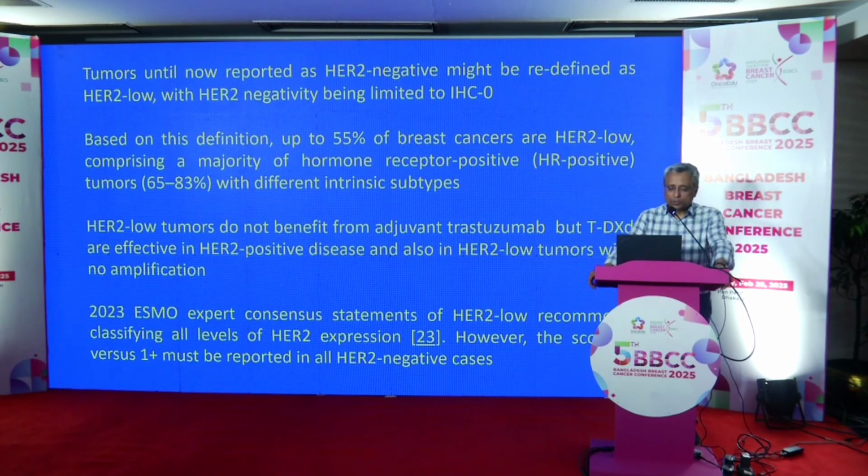So a little bit about HER2. For many years, HER2 was, as you all know, positive, equivocal, and negative. But now, recently, there's a new category of HER2 low, which has also led to HER2 ultra low. So it has made HER2 immunohistochemistry very complicated, especially the interpretation part. So you need to be careful when you interpret HER2. You need to be as specific as practically possible, even if it's a low expression, about how much is positive.